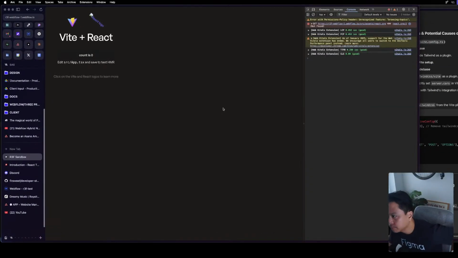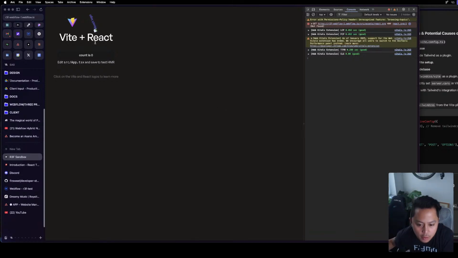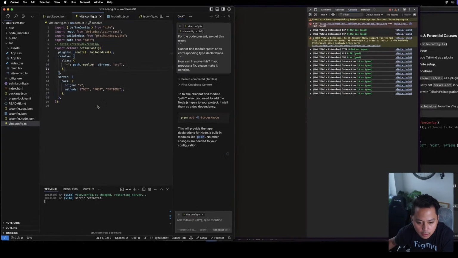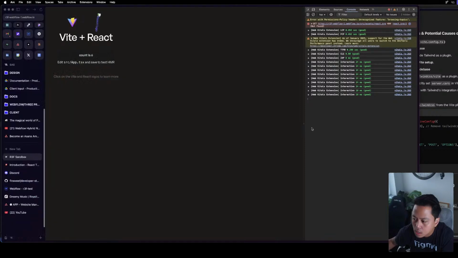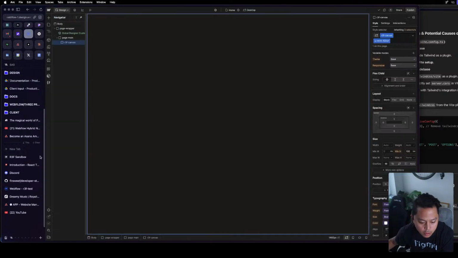All right, well, that was the issue. It looks like Tailwind is an issue. Why? Let's see, how can I check if Tailwind is working or not? Well, I know Tailwind's not working because